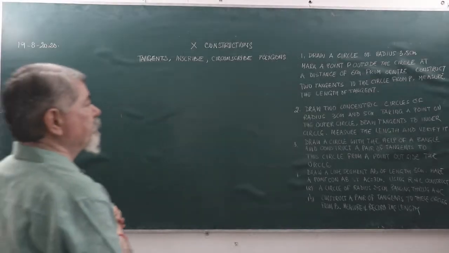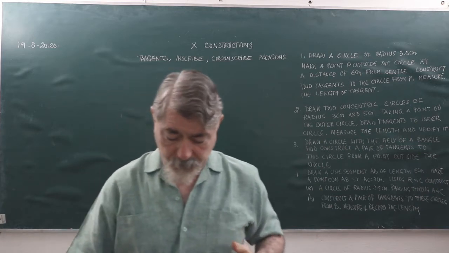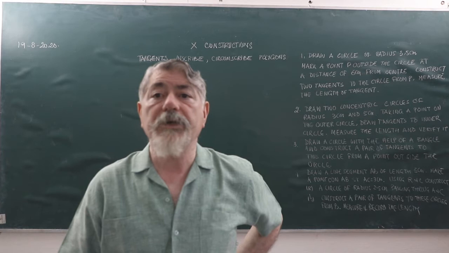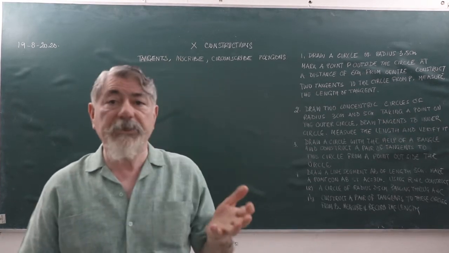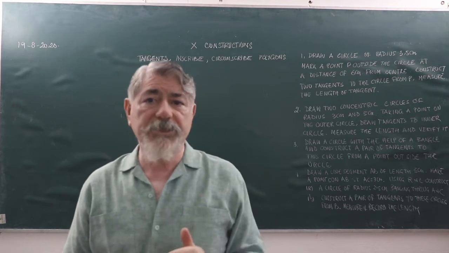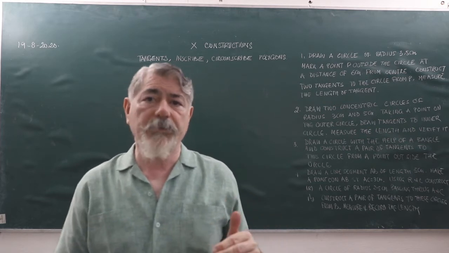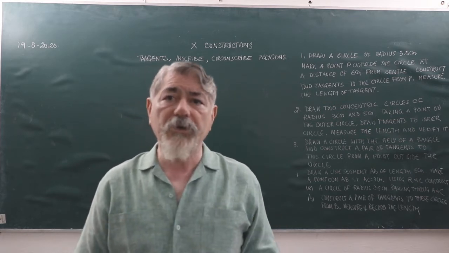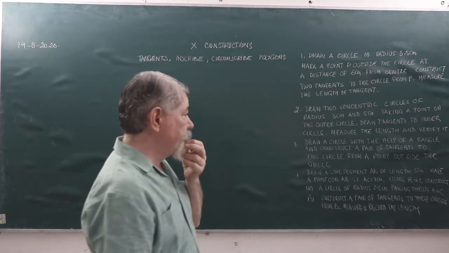We have done two questions based on these problems of construction of tangents, and I spoke to you about the complete construction, also the proof that the angle in a semicircle is a right angle, then proving that the length of the tangent drawn from a point outside to a circle will always be of equal length. Now let us do the third question.